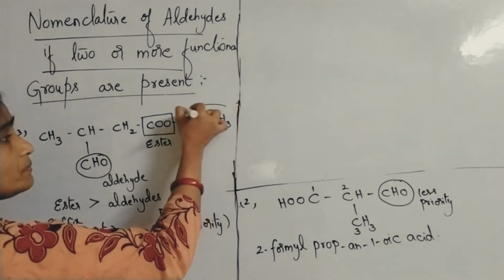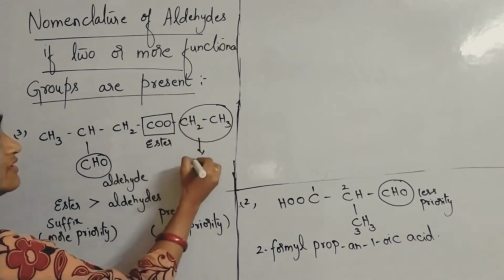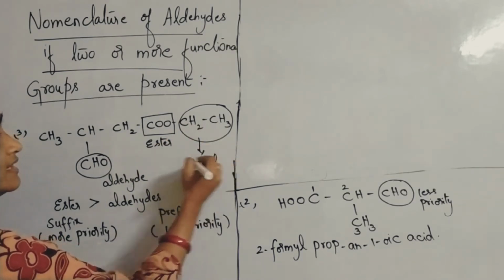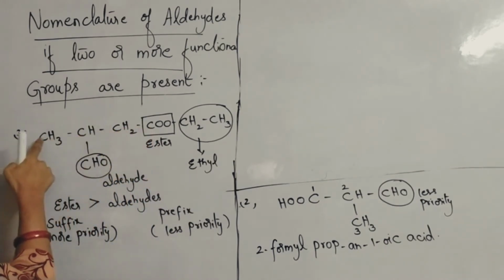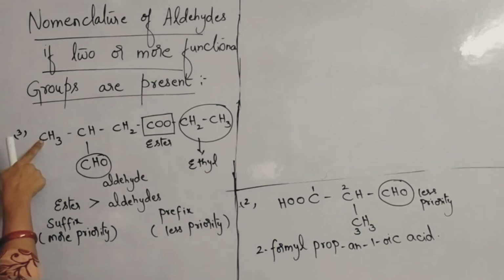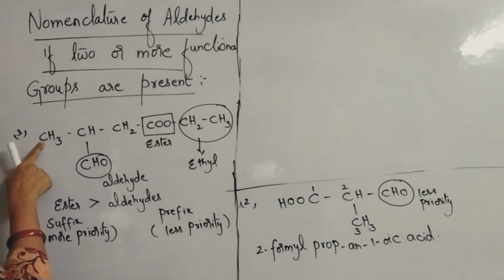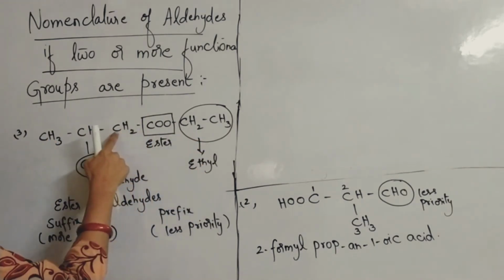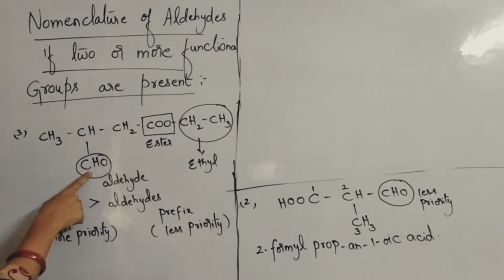So this will be what? Please check carefully. Two carbon atoms are there. So it will be what? Ethyl. Ethyl will be the prefix. And connected to this carbon, how many carbon atoms are there in this alkyl group? Please look into the board and identify carefully. 1, 2, 3, 4 carbon atoms are there. So it is ethyl butanoate. Isn't it? Ethyl butanoate. But in that again one formyl group is also there.